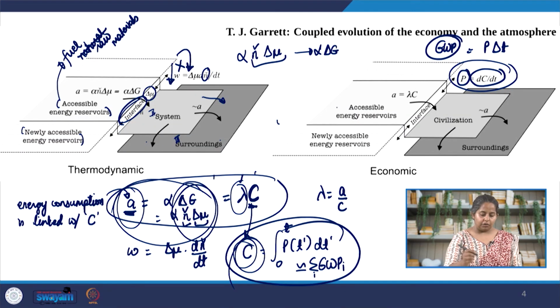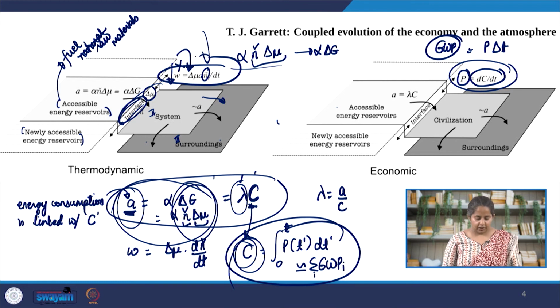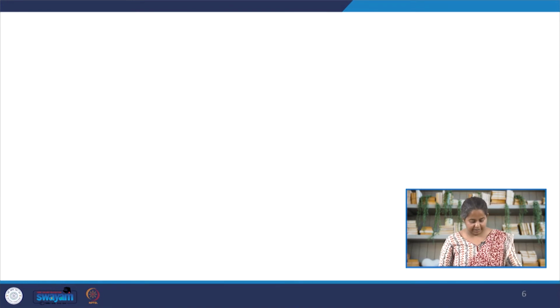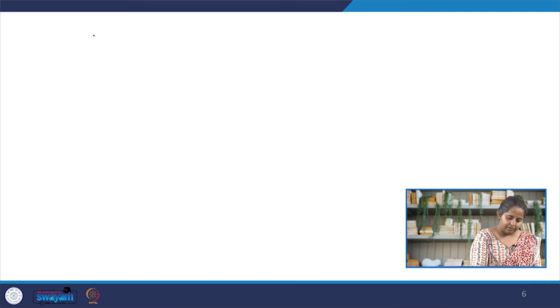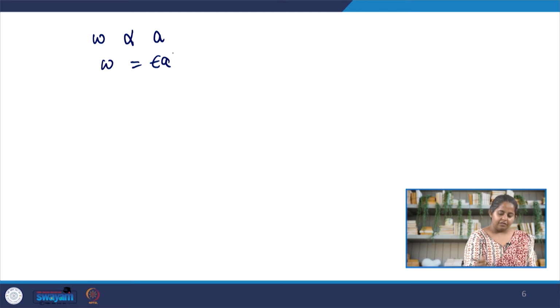Okay, another thing in this model is looking at the rate at which the interface is increasing, the rate at which the work done by the system to consume its energy reservoirs and convert it into material gains of the civilization, the wealth of civilization, W, changes over time. If the interface increases, then more work would be done. So this is W here. Another thing that the author adds in this model is that the work done is proportional to the energy that is consumed, and the constant here is the efficiency constant. Now we can change the efficiency at which the fuel works.